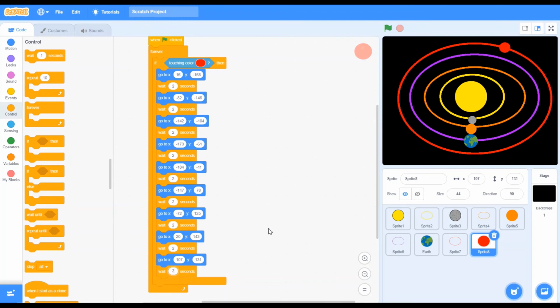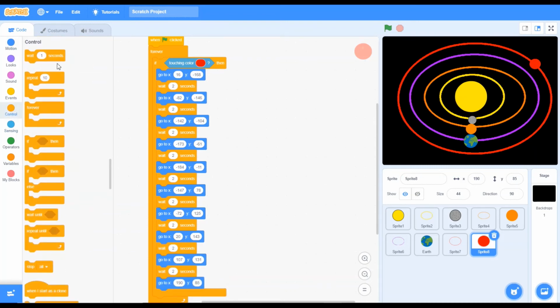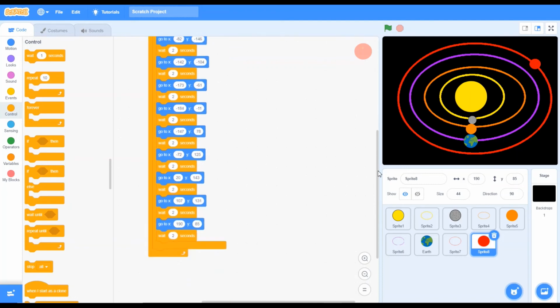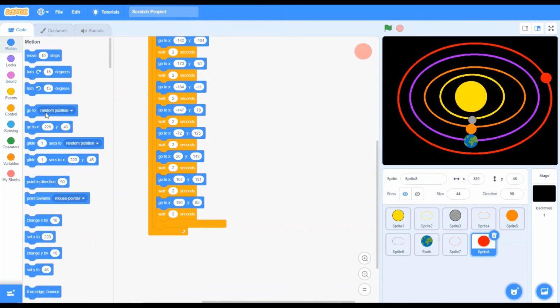Again, I'll change it to 2, and then I will change it to 2. Then here, in the next point it's going to complete its 90 degrees. It's almost done.